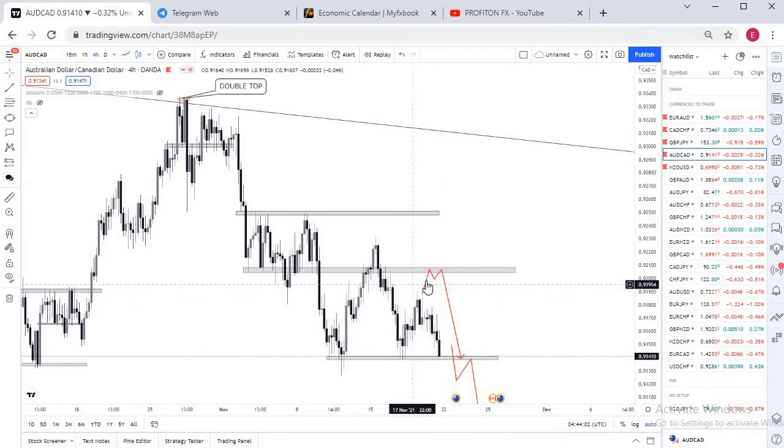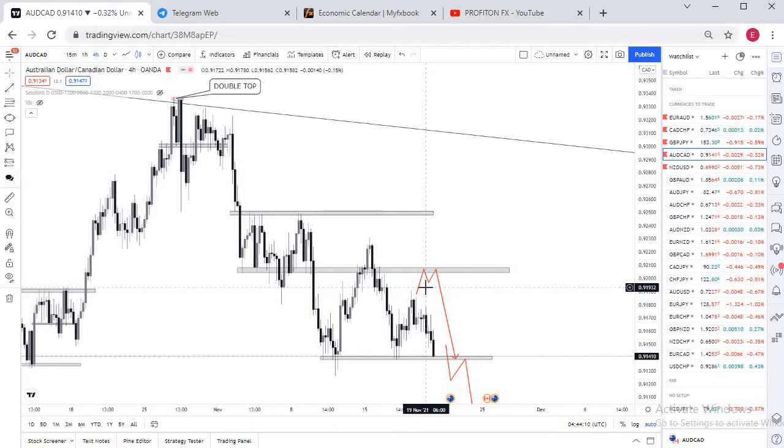The first one here, though it may not happen, I was watching it sometime last week. I was waiting to see if price will come back to this level here, form multiple rejections, and then I will consider to go short on this market at this point. However, we saw price turn around before hitting this level here, and we are currently back at our support.